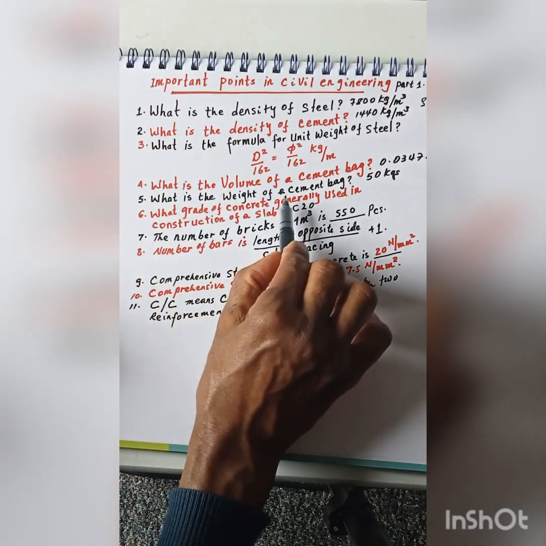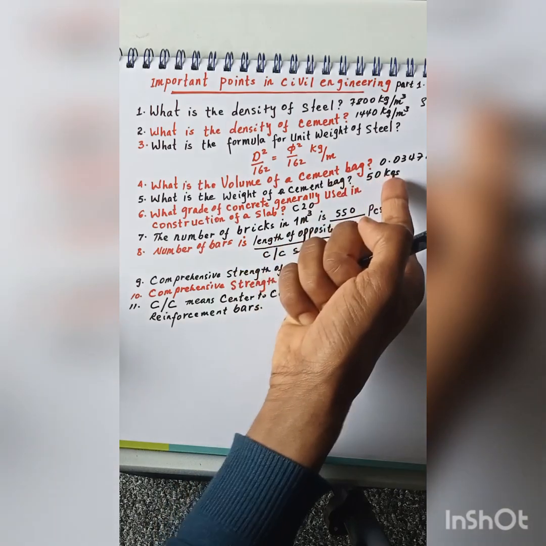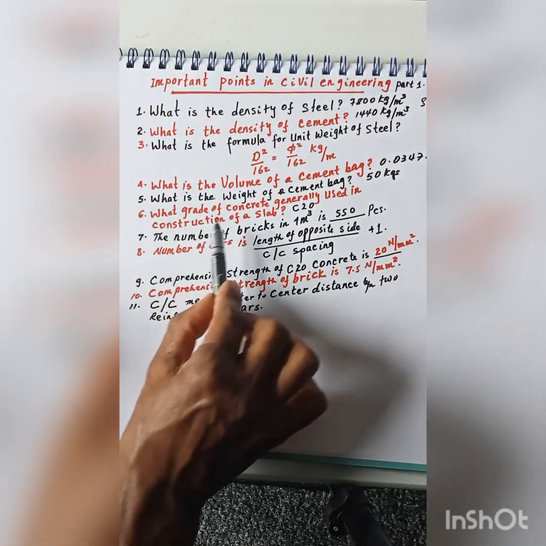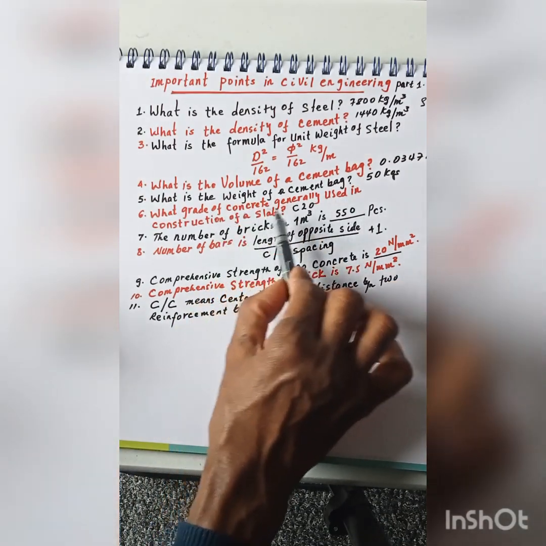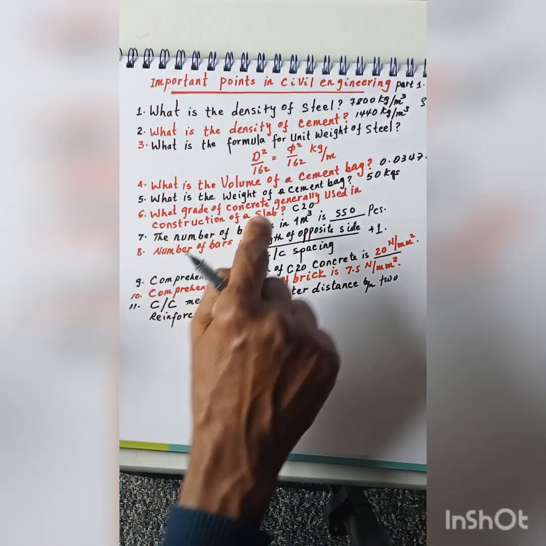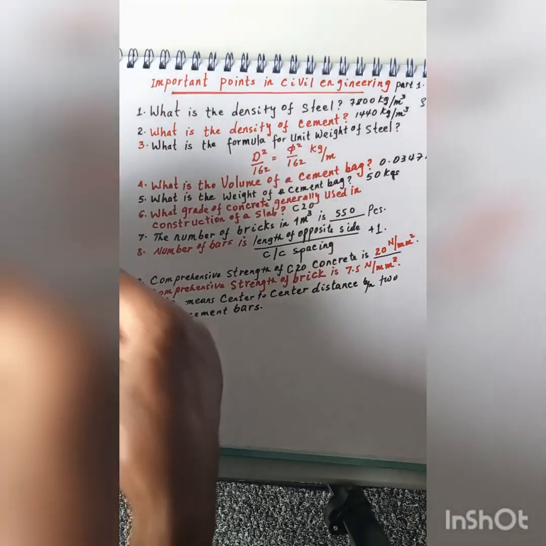What is the weight of a cement bag? One cement bag is 50 kilograms. Number 6, what grade of concrete is generally used in the construction of a slab? We have different grades of concrete, for instance,